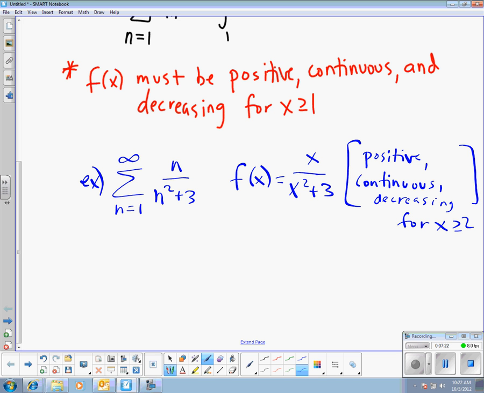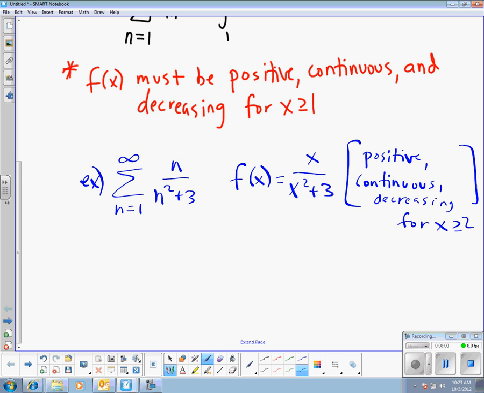the examples in the book might ask you to prove these things, but as far as I'm concerned right now, if you just look at this function, you should know it's positive because we're talking about positive values of x. So the top's positive and x squared plus 3 is always positive. It's continuous because there are no asymptotes, really. There's nothing weird going on with the graph. And it's decreasing because as x increases, the bottom will always be increasing faster than the top. The quadratic on the bottom dominates the linear on the top, according to the hierarchy of domination that we've talked